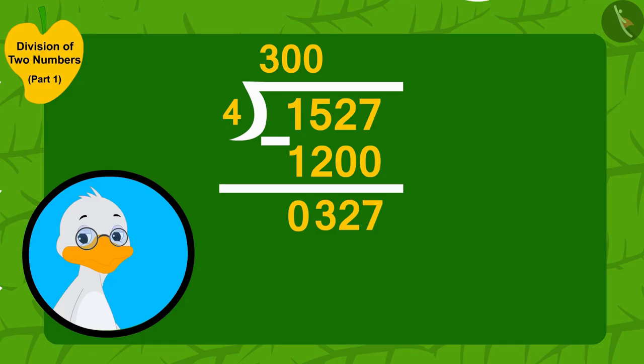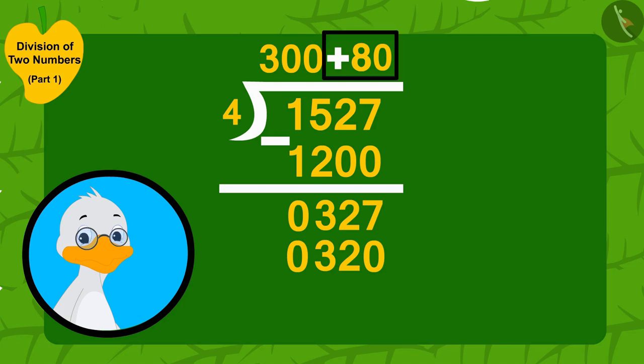327 mangoes left. I can also distribute these 327 mangoes in groups of 4 among the villagers. If I distribute these 327 mangoes in groups of 4, then I can distribute these mangoes to 80 more people, with each of them getting 4 mangoes. In this way, I will be able to distribute 320 mangoes. Uncle wrote 80 here and wrote down